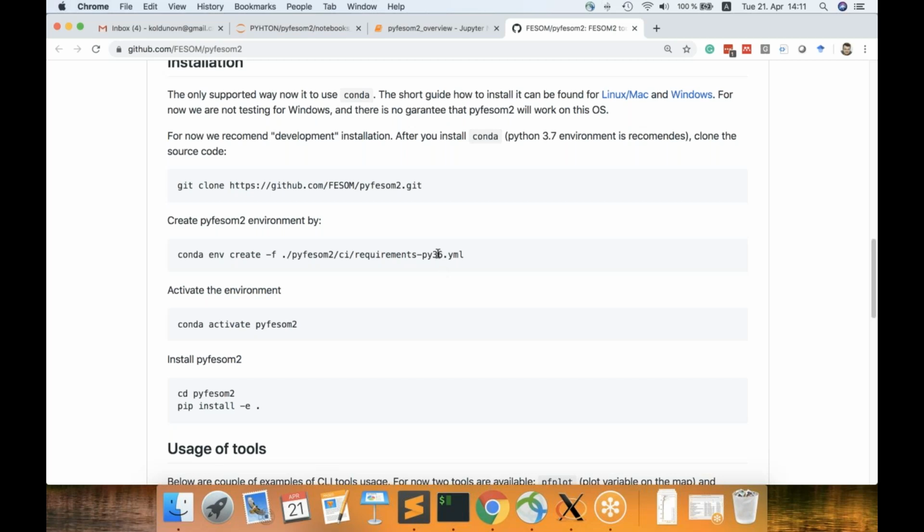And maybe I have to update from py36 to py37. The py37 file actually also exists, so probably it's time already to move a little bit further in the Python versions. But what this will do is create a separate environment that will have only pyfesom installed there, and not only pyfesom, but also